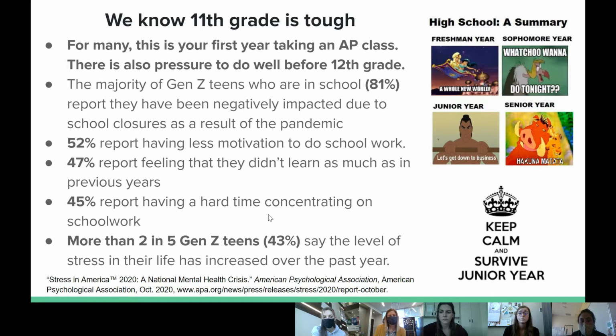52% of you are feeling less motivated to do work. 47% of you feel that you haven't learned as much. And 45% of you report having a hard time concentrating. So we understand this is a really tough